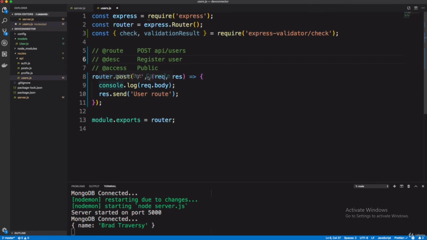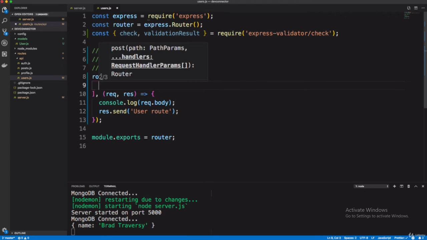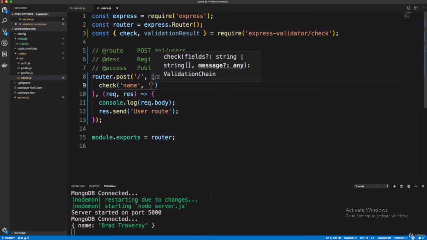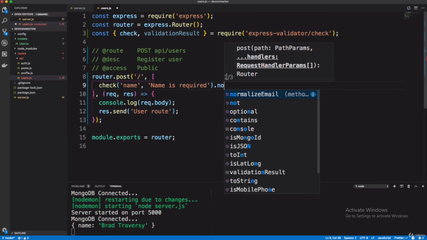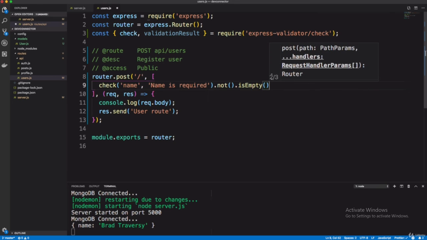Now it's time to apply it here. To apply a middleware, here we will use array brackets. First of all we will write check for name. Here a message will be shown if there is an error: name is required, if it is empty, not and dot is empty.